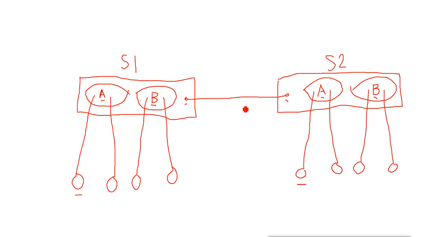This is one reason. The other reason is that when you connect these two switches, suppose, let's just assume, that this machine sends data to this machine. Let's assume it will not happen, but let's assume the data will go to this port. It will not go, but suppose it will go to this port and then it will exit from here.